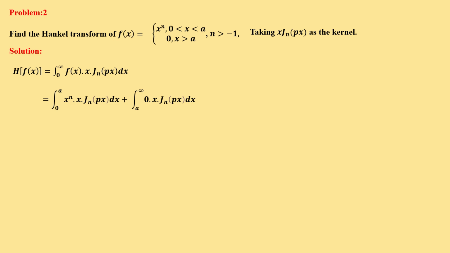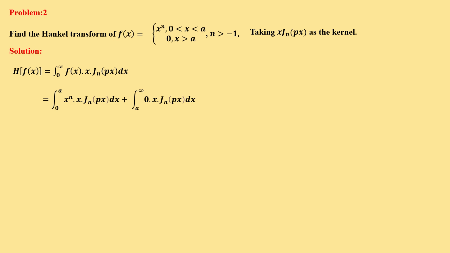The first is 0 to a, and the second a to infinity. So the integral from 0 to a of x^n times x times J_n(px) dx plus the integral from a to infinity of 0 times x times J_n(px) dx, because in the given problem f(x) is equal to x^n in the interval 0 to a, and 0 if x is greater than a,